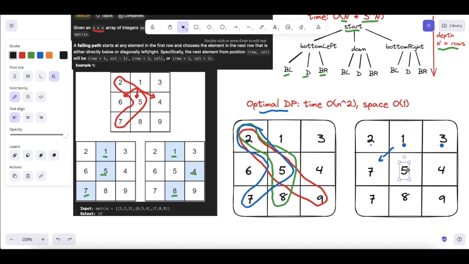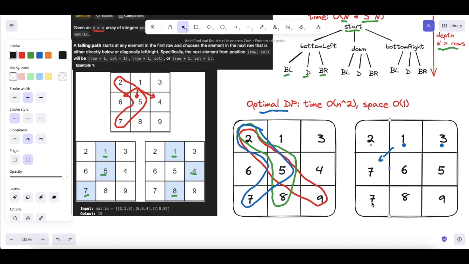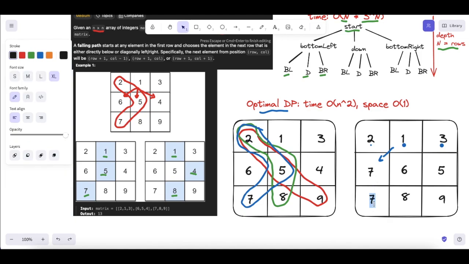Once again, the smallest path would be from the 1 above, so we update this 5 and it becomes a 6, because 5 plus 1 is equal to 6. Then for the 4, once again, the smallest path would be from the 1, and so we replace the 4 with a 5. We then move on to the third row,